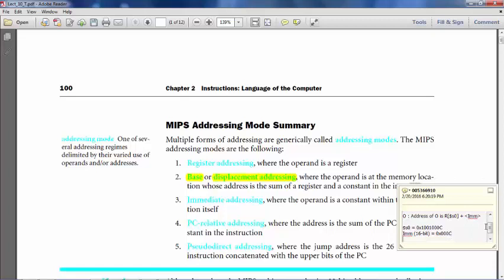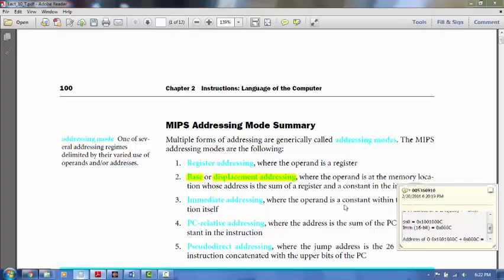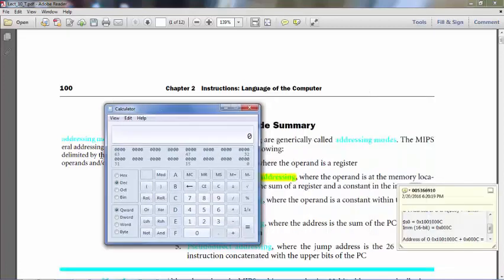So what is the address of O in that case? The address of the operand would be this one plus this one, which is essentially, if I bring out the calculator in hex mode and see,